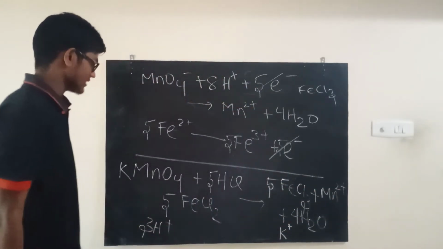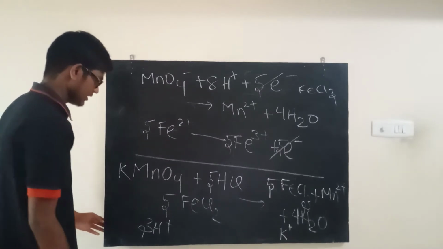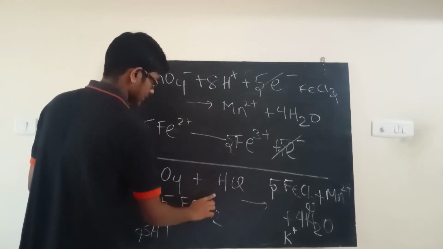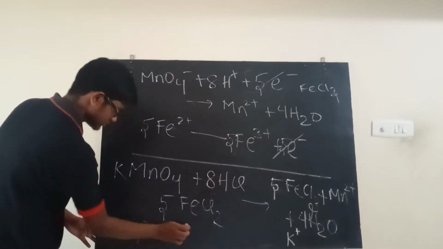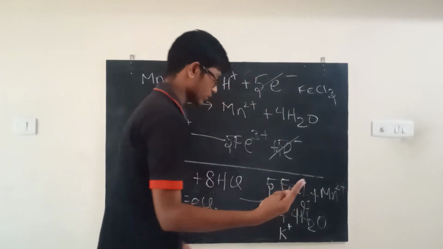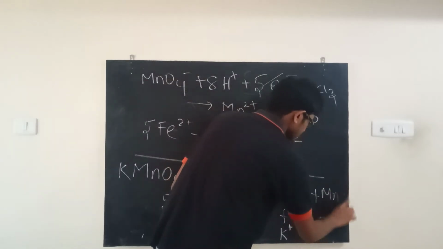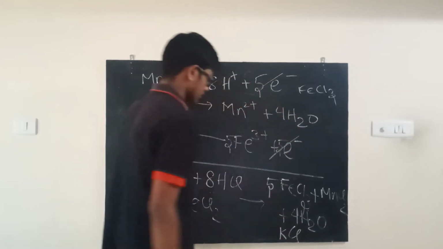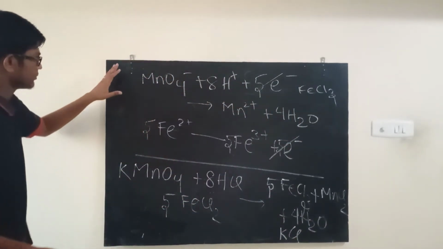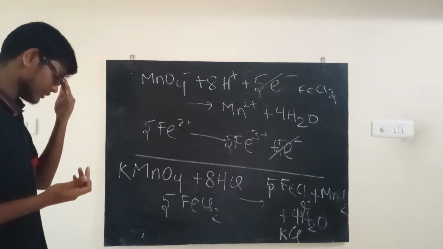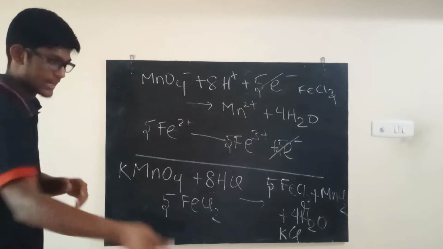So the best thing I can do is just add 3 more chloride ions, for example. So on this side, if I add 3 more chloride ions, I get 3 more HCl. So instead of 5 HCl, it becomes 8 HCl. You can forget about this. Similarly, if I add 3 more chlorides here, MnCl2, because this is 2 plus, we need 2 chlorides, right? So we'll take 2 chlorides, become MnCl2, and this becomes KCl. So you can see that all we were interested in at the beginning was the ionic reactions, because that's what helps us. But in the end, you can never show an ionic reaction to somebody and say, carry out this reaction, right?